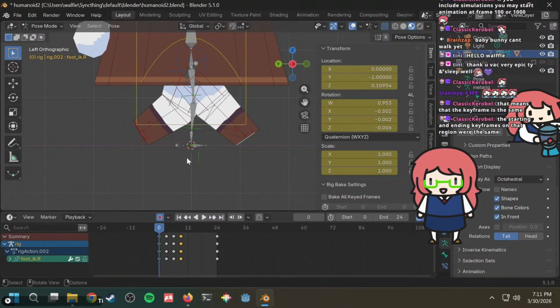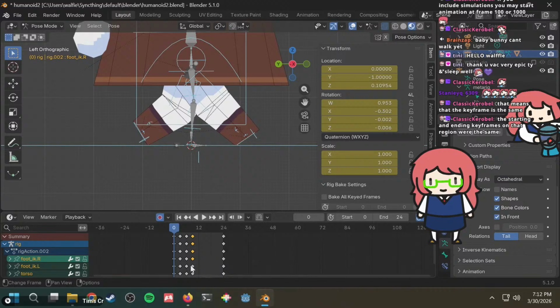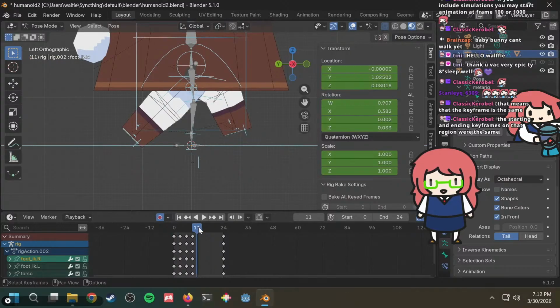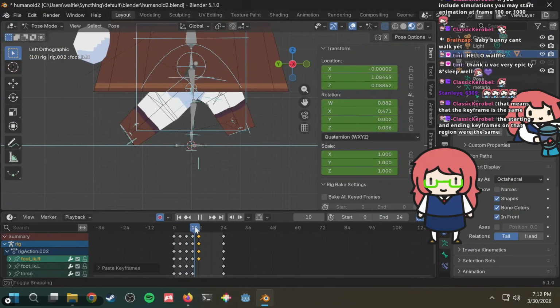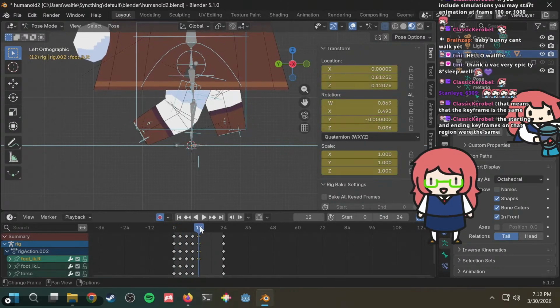Alright, then you gotta copy these frames, paste them in frame 12, but reverse. Control Shift V. Was it Control Shift V? I think so. Alright, and copy this one.